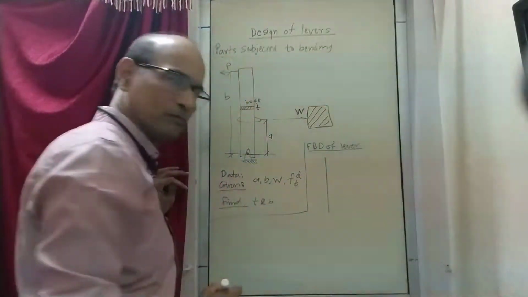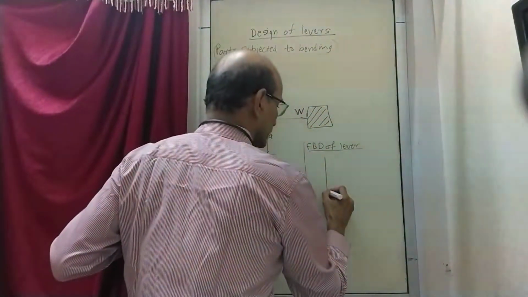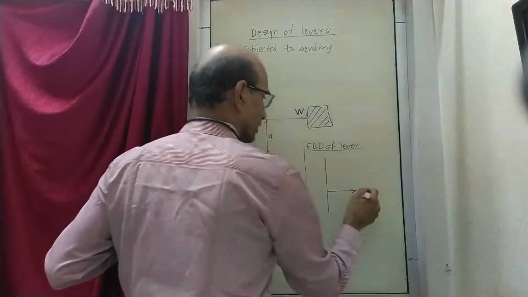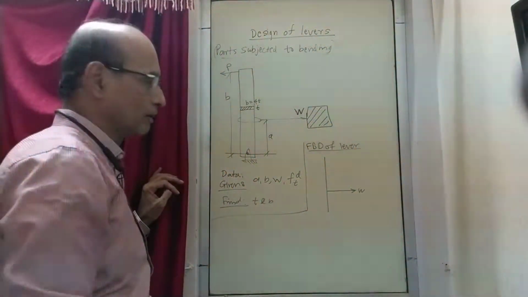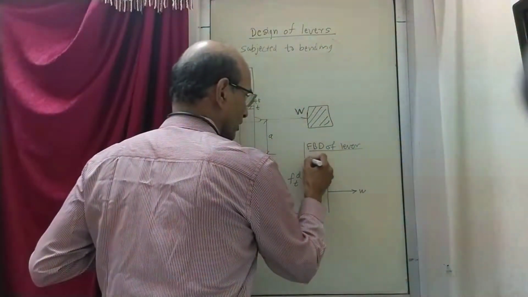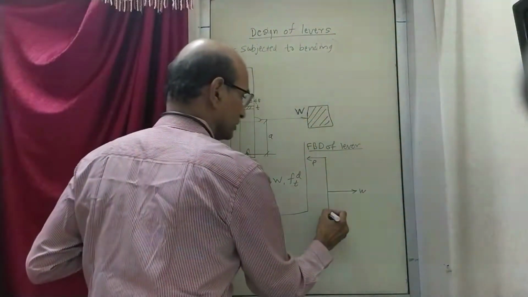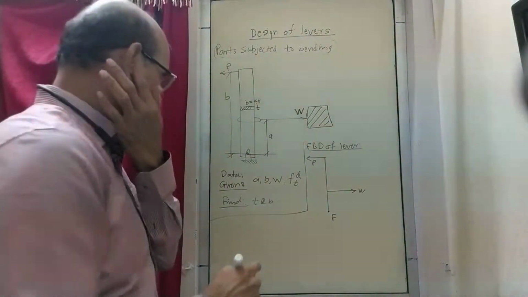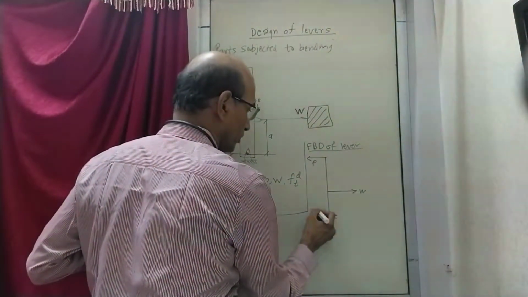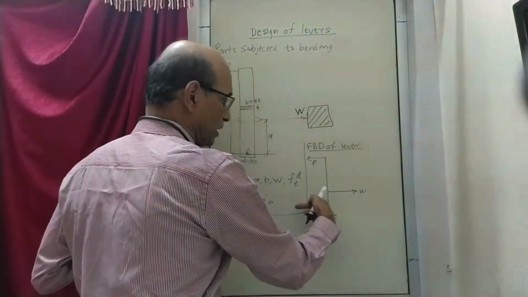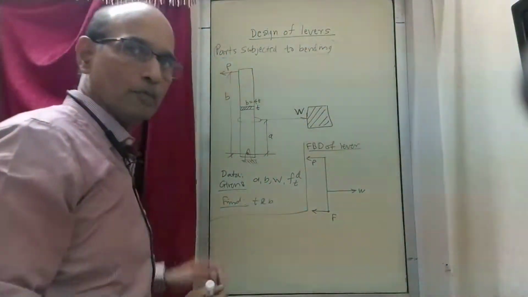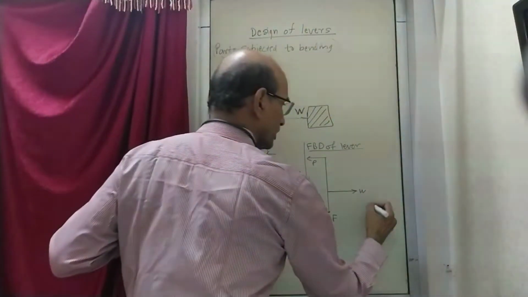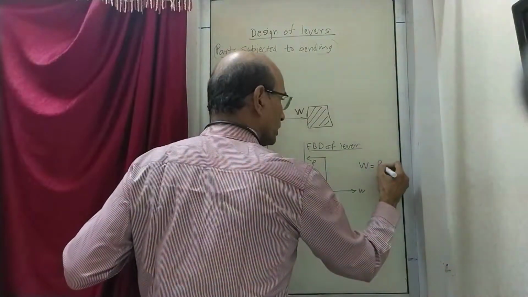Just the line diagram, and on this lever, at this place, a load is applied like this, and at this place, a force is applied like this. Here there is a fulcrum F, which also has its own direction. So as you can see from the figure, F will be like this, because F and P is going to be equal to W. So we will write here that W is equal to P plus F.